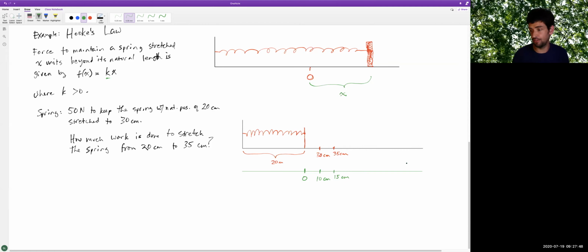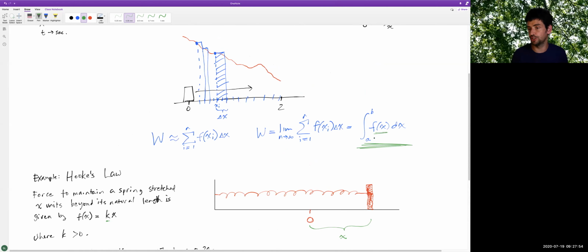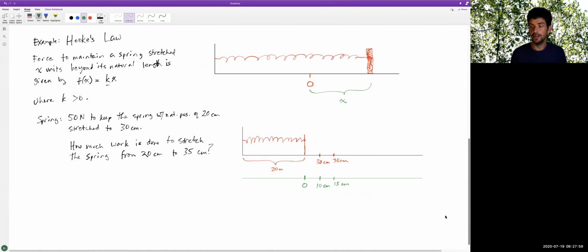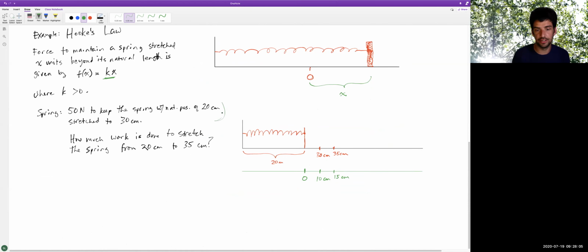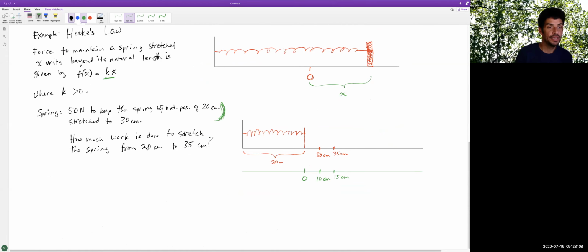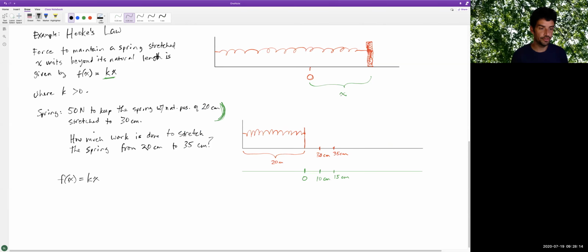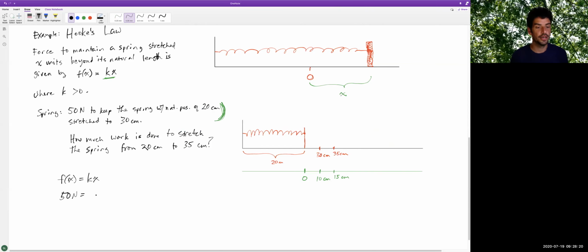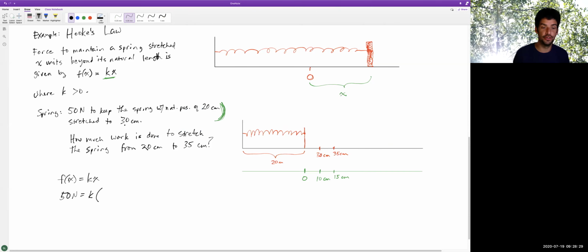However, we don't know f of x. Let's just go up and look for a second. Remember this formula here, we're going to take our force function and integrate it over the interval that we care about, but we don't know the force function yet because we need to know what k is. But we have information here to understand k. In other words, we know the f of x equals kx. And what this first sentence tells us is that the force of 50 newtons is required at 30 centimeters,